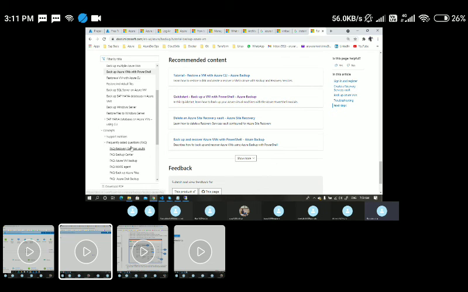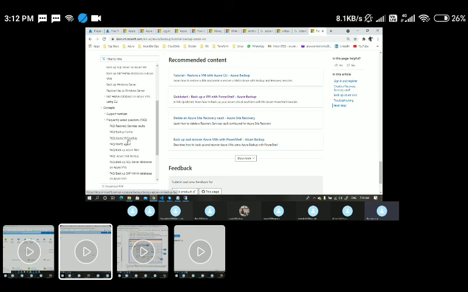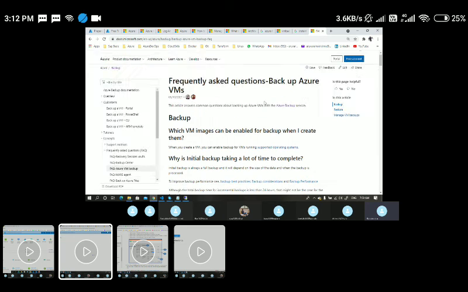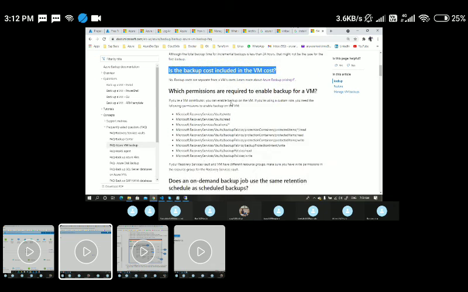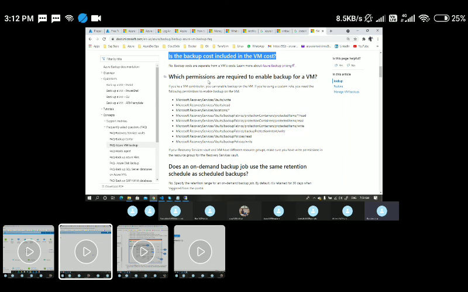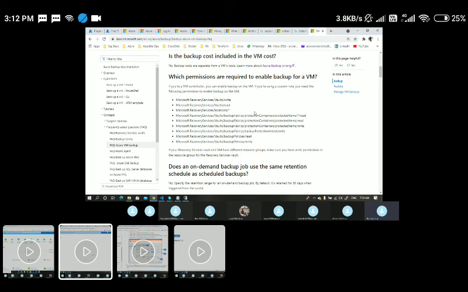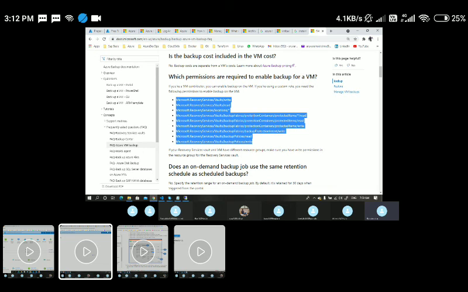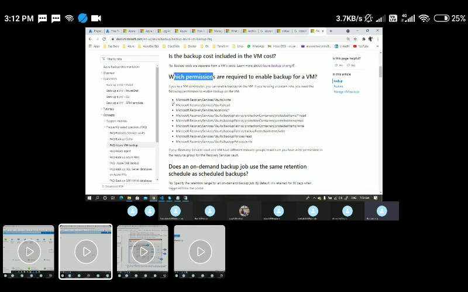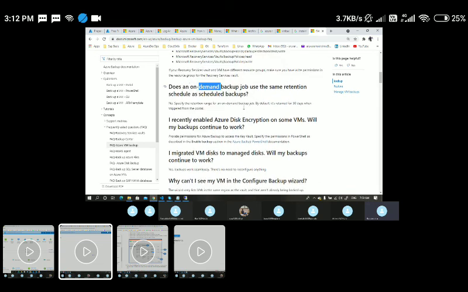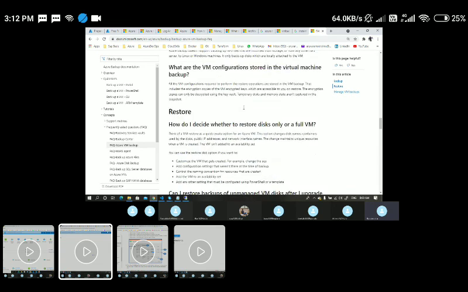If you have frequently asked questions related to Azure VM backup, since we are taking an Azure VM backup, if I go here you can see some of the frequently asked questions, related to pricing and to permissions, what permissions are required. Currently I have owner access at my subscription level, so that is the reason I was able to perform all the other options. But in organizations, for performing only the backup, you might have certain roles, so that particular role should have these permissions. That is what this question is about, and this is the answer.